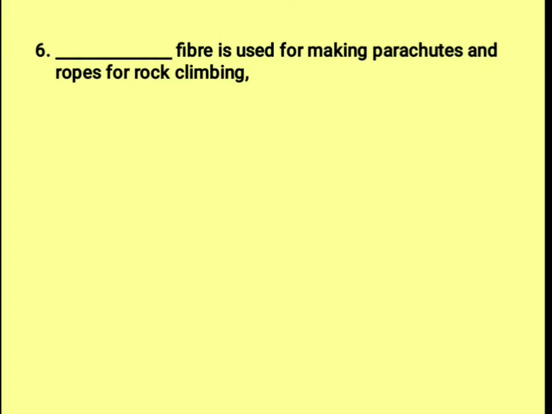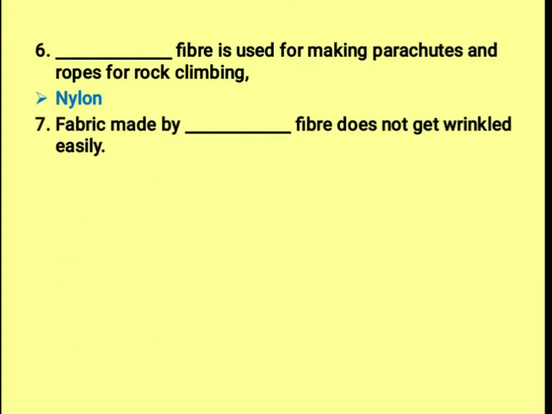The next question is: dash fiber is used for making parachutes and ropes for rock climbing. So name the fiber used for making parachutes, ropes for rock climbing. So we all know that this type of use, like parachutes, ropes for rock climbing, needs a strong fiber. And which fiber is that which is as strong as a steel wire? It is nothing but nylon. Nylon is very strong. That is why it is used for making parachutes and ropes. Next,